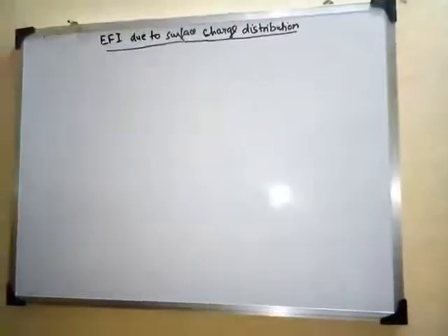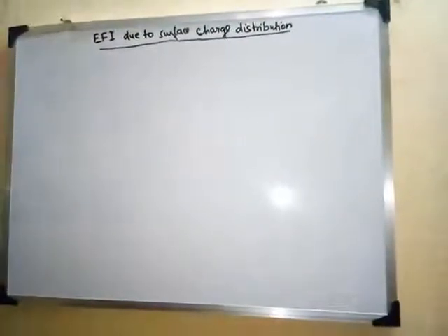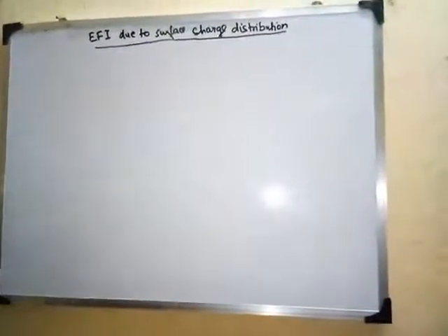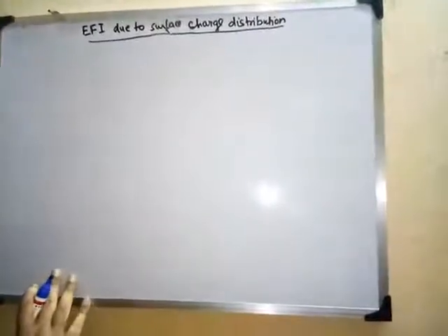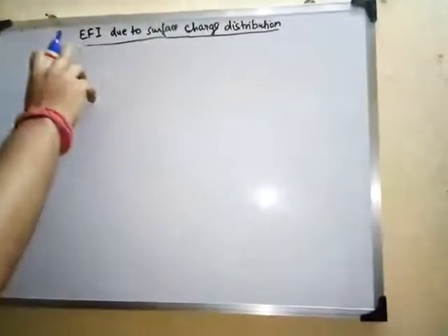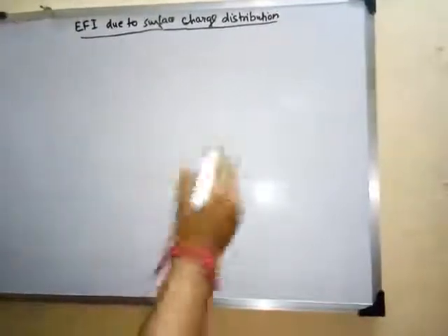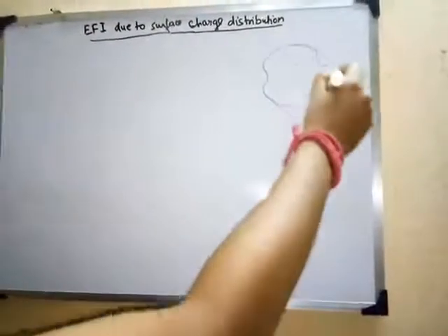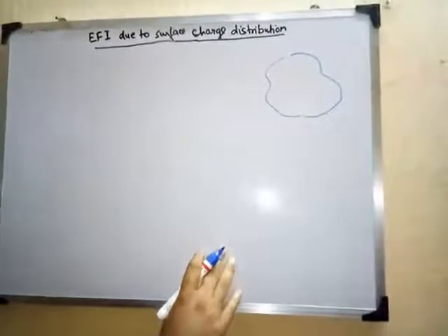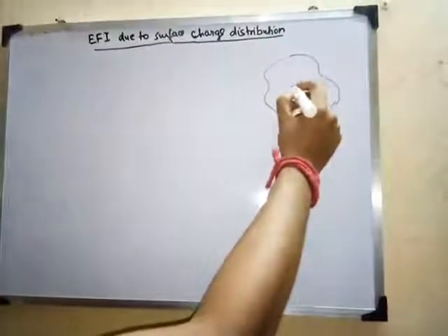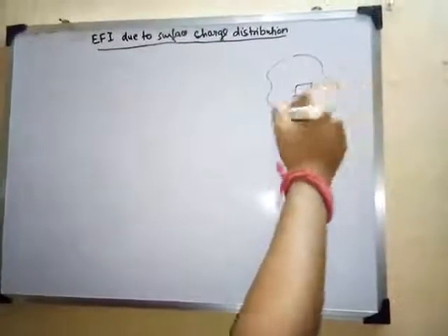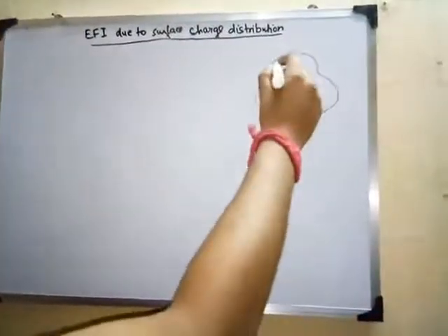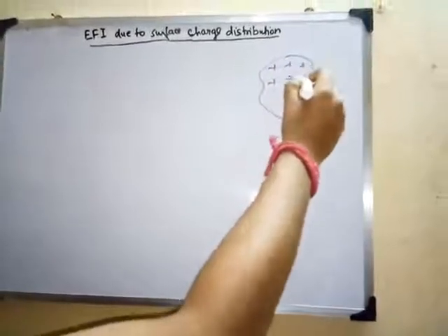So next we will see just the same principle we will apply in case of a surface charge distribution, right? We have previously seen in case of a linear charge distribution. Now we will simply see what will be the EFI in case of a surface charge distribution. For that we draw a picture where we have this kind of surface, and you can remember the surface charge distribution. So it is a small section ds of the charge, and let us consider this plus charges are present.